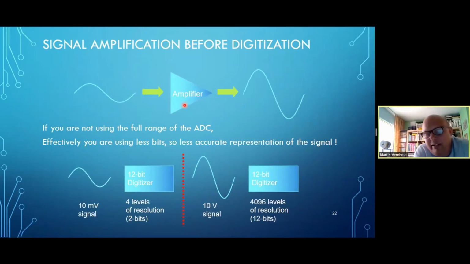Now, if your ADC can convert signals from 0 to 1 volt and you only supply 1 to 2 millivolts, you're not using your ADC to the best possible outcome. So what do you need to do? You need to get your signal into the range of your analog to digital converter. Either you change the reference level of your ADC, which is often not operated that way, or you amplify your input signal. That's how easy it is.